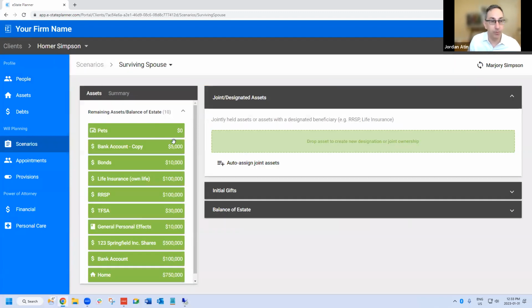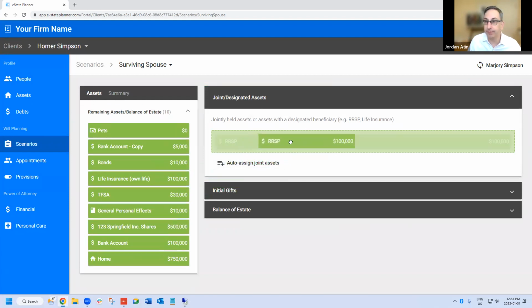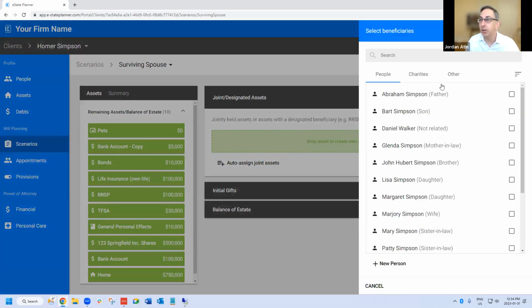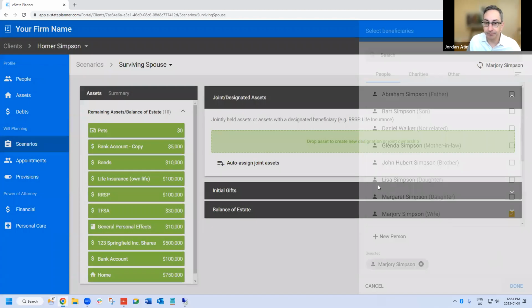We have the box for joint and designated assets. This is where we drag the assets that we want to designate a beneficiary for. On the left are all the assets we can drag and drop. We can click on the RSP and drag it into the green box. Now we have to pick who the beneficiary should be for that asset. Most likely in the surviving spouse scenario, you'd pick the spouse, and we're done, just like that.